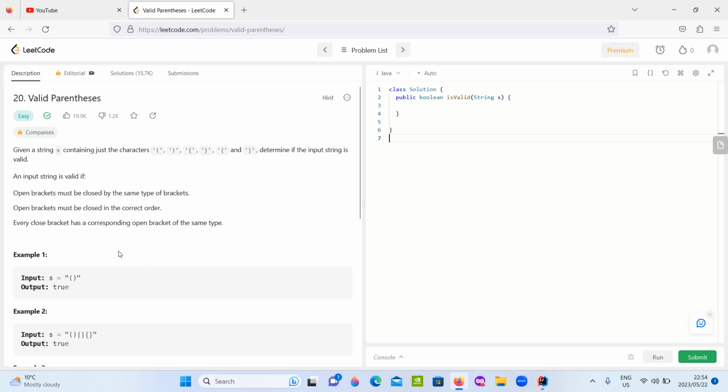Hi, in this video we'll be looking at one of the LeetCode problems. It's problem number 20 called Valid Parentheses. It's on the easy level. It's always good for beginners to start with the easy ones before you go to the medium and the difficult ones. It says that given a string S containing just the characters, this is the opening